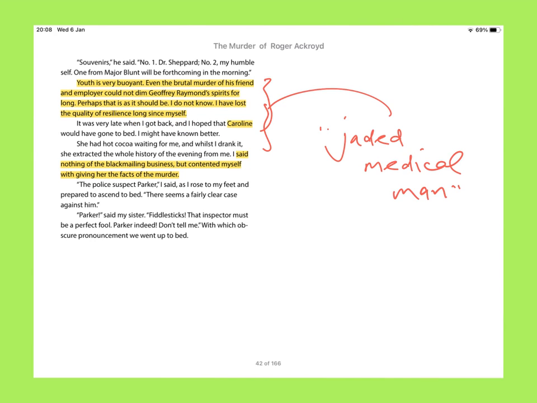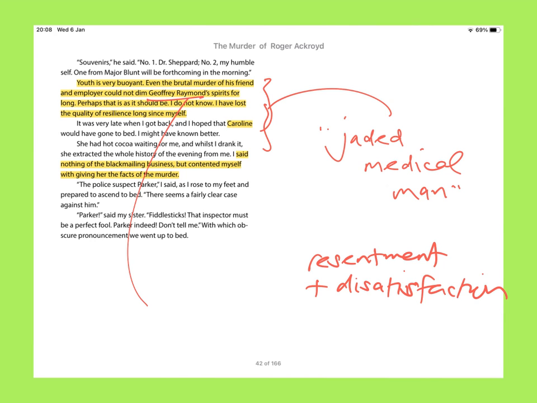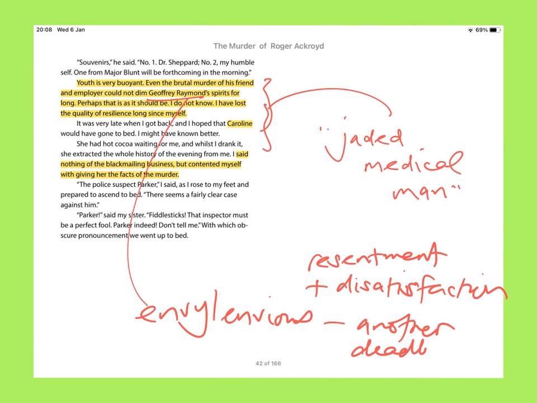So there's some kind of misery. I guess we'd say depression as well. I'm not young anymore. Here I am, stuck in King's Abbot, jaded medical man. I think there's envy at times towards Geoffrey Raymond, who's young, has his whole life ahead of him. So when Shepherd looks at Geoffrey Raymond, there's a keen, sort of stinging reminder that he is no longer a young man and has had to settle, and here he is trapped in this dead-end village.